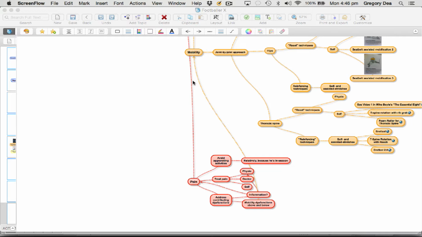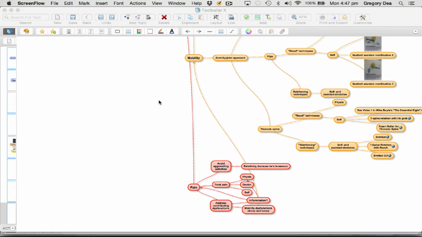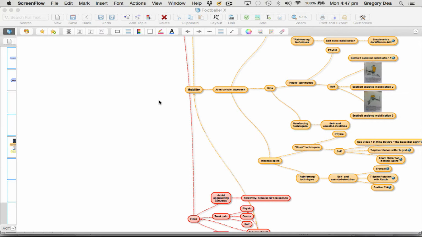What you see in front of you today is the app SimpleMind. It's a mind mapping software. The reason I'm doing this video today is I wanted to give you a little insight into how my brain works. Some of you don't care, some of you might be interested, but this particular mind map was created because